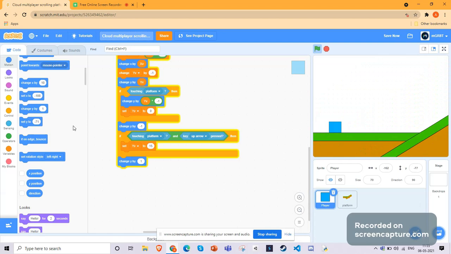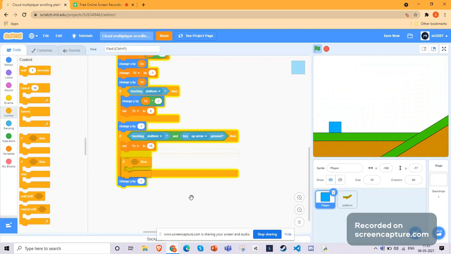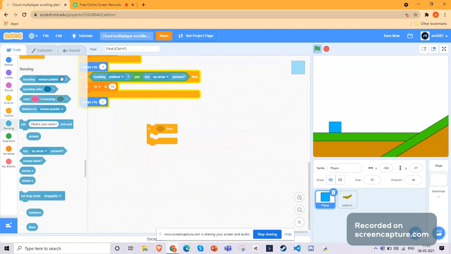Okay, so it's easy to code the slope. You grab an if then block. If touching the platform,